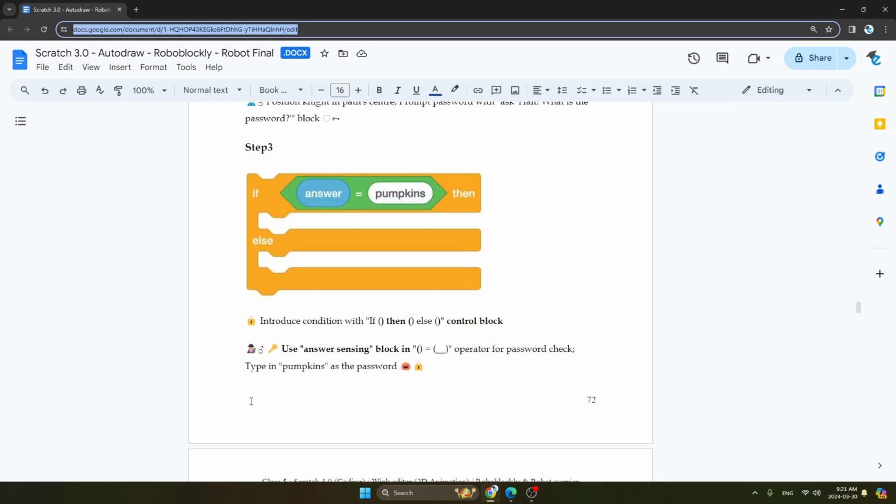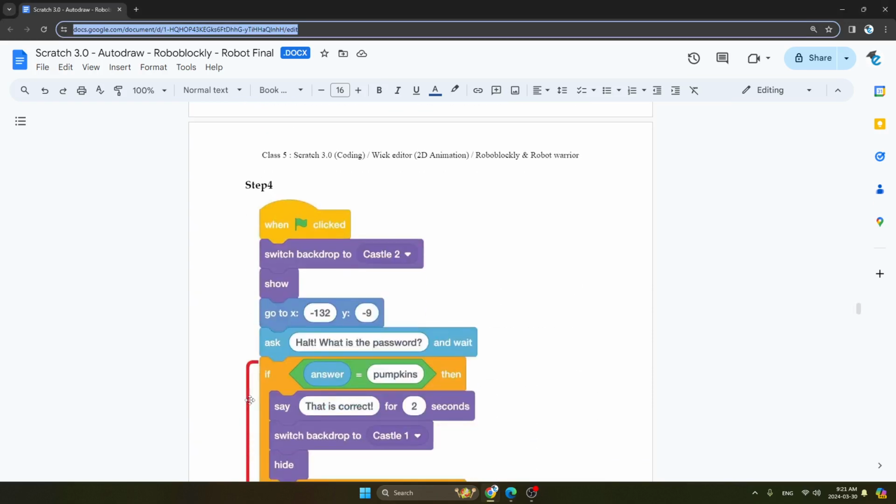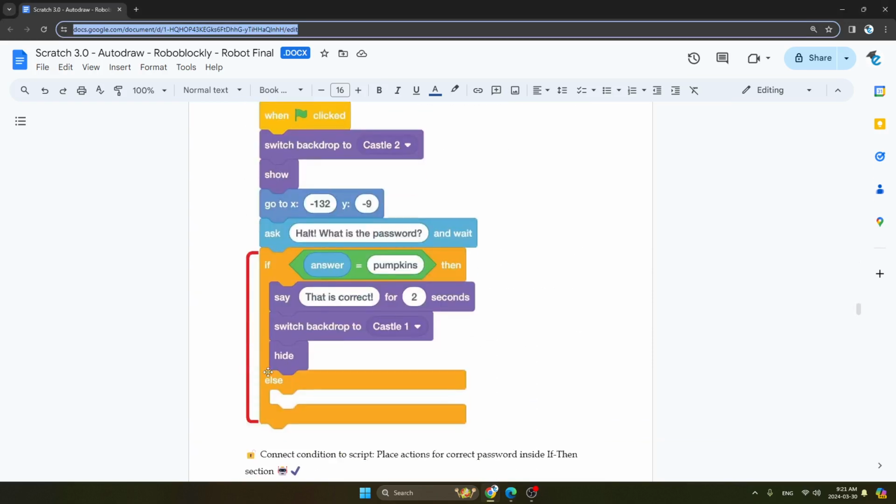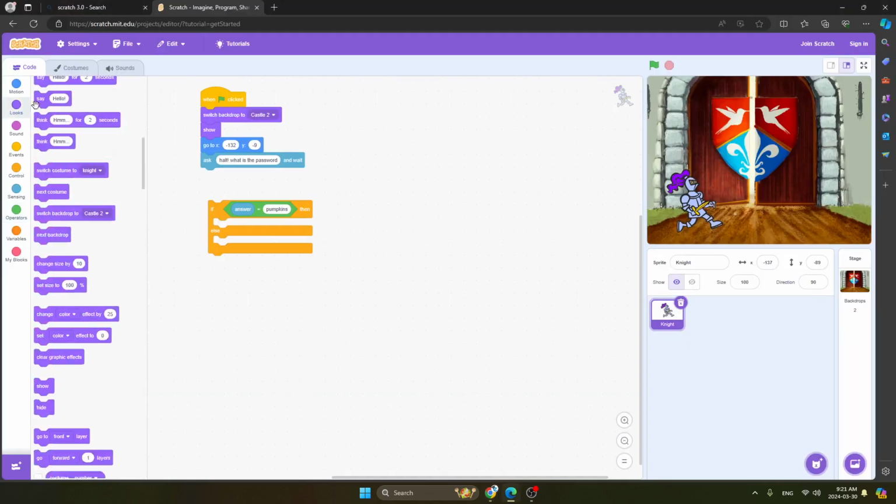Okay, let's see the another step. Now step number 4. What we have to do? We have to take the block say that's correct for 2 seconds and switch backdrop to Castle 1 and hide. So we will go on the looks.